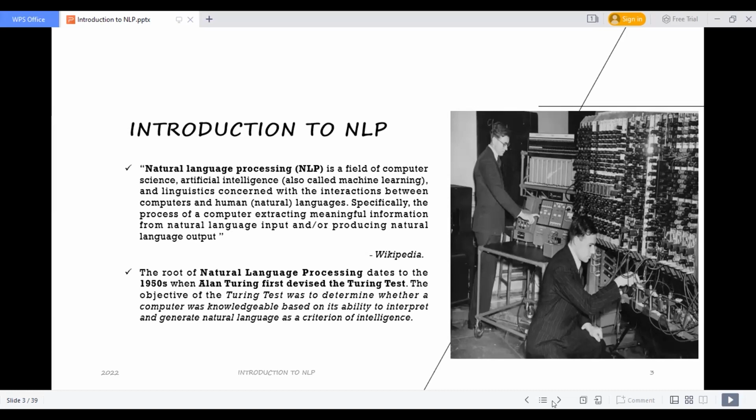As we discussed the history, like from where natural language processing comes into the picture, here is an example. The roots of natural language processing date to the 1950s, when Alan Turing first devised the Turing test. The objective of the Turing test was to determine whether a computer was intelligent, based on its ability to interpret and generate natural language.